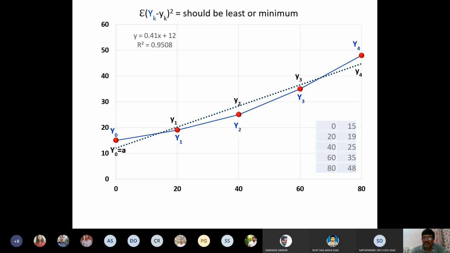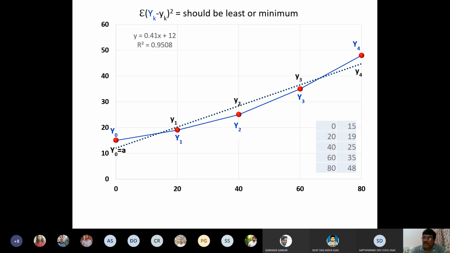They have been joined. I have joined them with a solid line, but I joined it by force; I cannot join it as per statistical rules. So what I can find is one line, represented by the dots. This is the regression line, and this is actually the fitting. I am fitting a line for this original data, or observed data, or actual data.